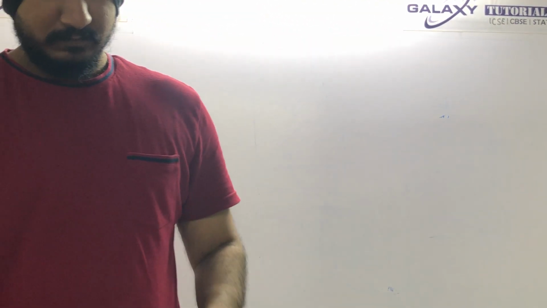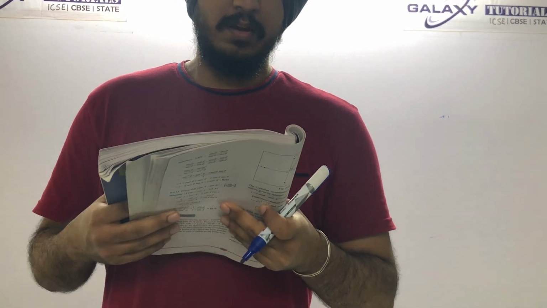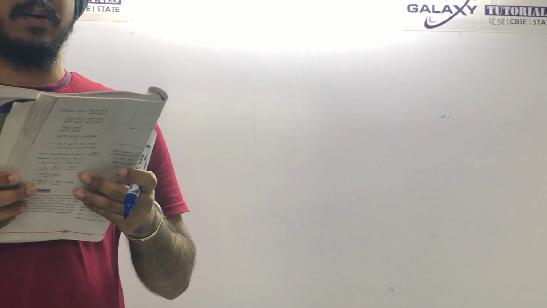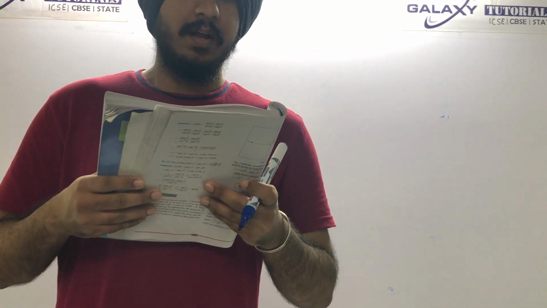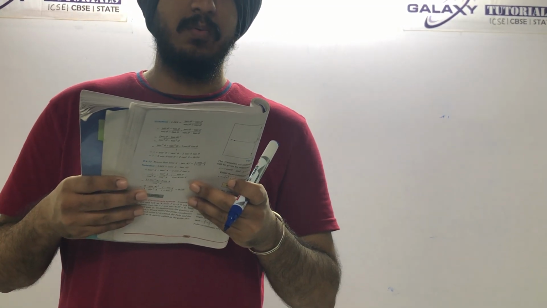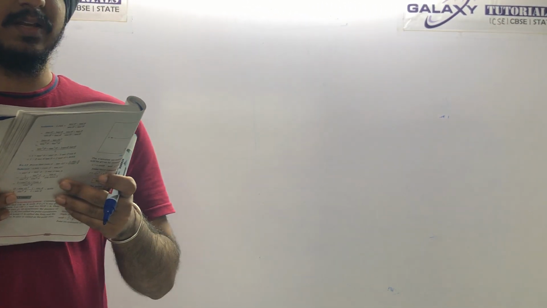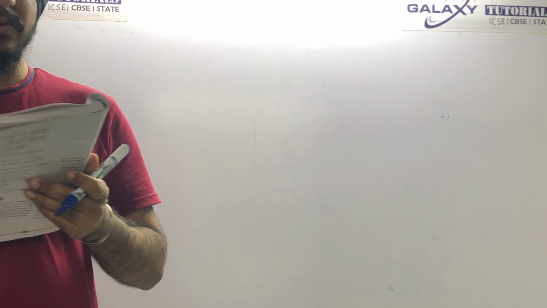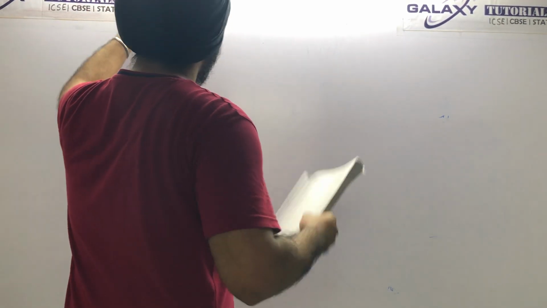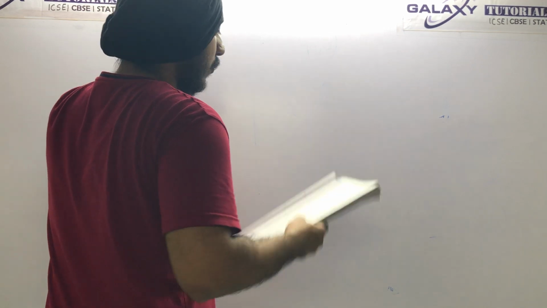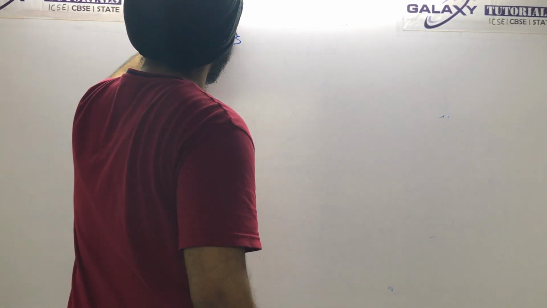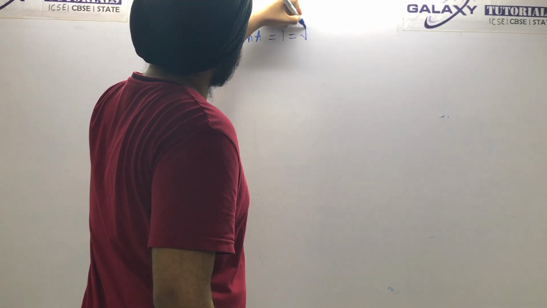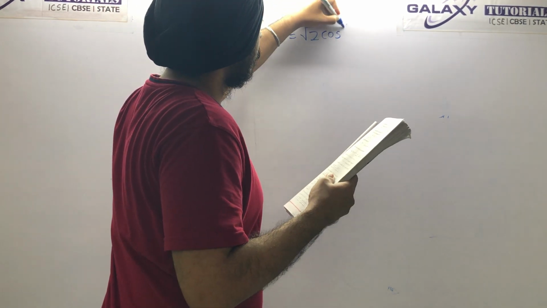Okay, let us look at the first question. If 2 sin a is equal to 1 is equal to root 2 cos b, and a lies between pi by 2 and pi, and 3 pi by 2 is less than b is less than 2 pi, then find the value of tan a plus tan b upon cos a minus cos b. Okay, I will write the question. First we will write the given things. What they have given is 2 sin a is equal to 1 is equal to root 2 cos b.